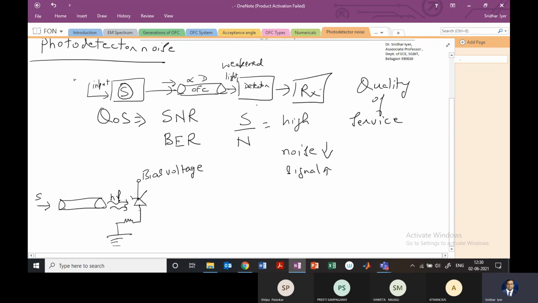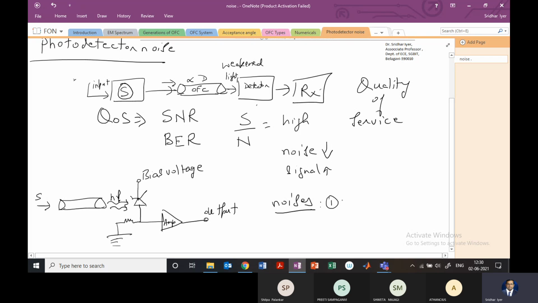And from here, then we will have the amplifier. So this amplifier is then going to move to the output, right? And there are other circuits as well. So this is the diagram, and the photodetector has to deal with the photons, which are very weak, in the sense their amplitude is very, very less, right? So what are the sources of these noises, right?